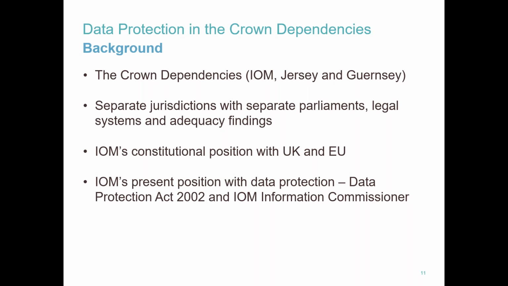To be honest, the constitutional relationship of each with the United Kingdom is quite complicated, as is its relationship with the EU. However, the Queen is the head of state in each territory, and the UK is ultimately responsible for each territory's good governance and security. As a matter of principle, UK Acts of Parliament do not apply generally without the consent of each jurisdiction, and if that consent is granted, it is done by way of Order in Council. In relation to the EU, each jurisdiction's relationship is set out in what's called Protocol 3 to the UK's Treaty of Accession, and again, that is different for each jurisdiction.